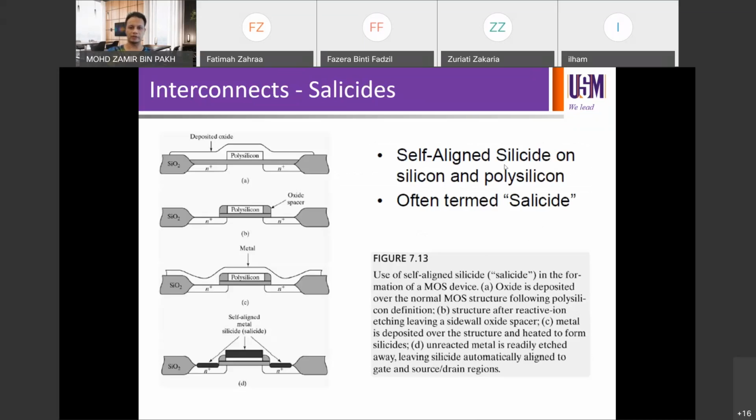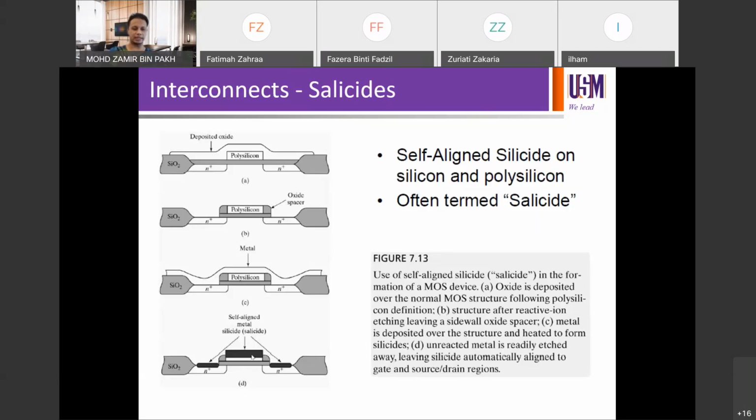Right, this is silicide as well. Another example is self-aligned silicide on silicon and polysilicon, also called salicide, right? So it's not only silicide but rather salicide. So you have deposit oxide and polysilicon, N plus layer here, oxide spacer. Then for the last one here, you have a self-aligned metal silicide, because